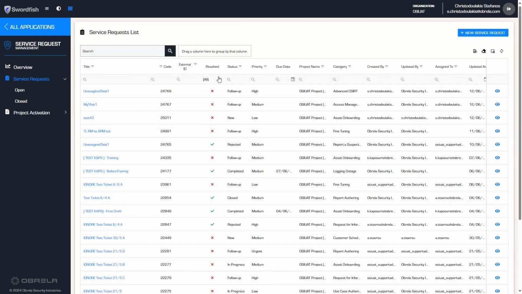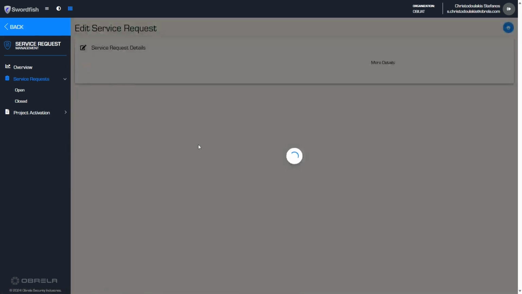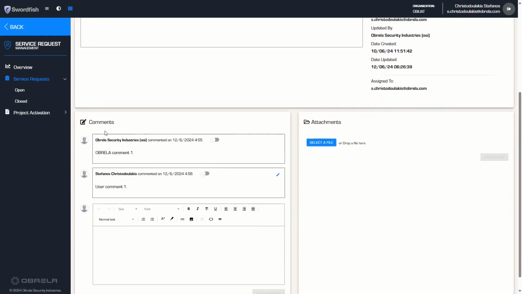The service request is created as soon as it is saved, and its status is set to new. Note that the status of a service request can only be changed by Umbrella. Existing service requests can be accessed either from the Overview or the Service Request section. Inside the service request, two sections are visible at the bottom of the page: Comments and Attachments. Through comments, the user can communicate with Umbrella's personnel as displayed in the form of a chat, and Attachments is used to share files. Notice that comments can be edited only by the user that posted them.